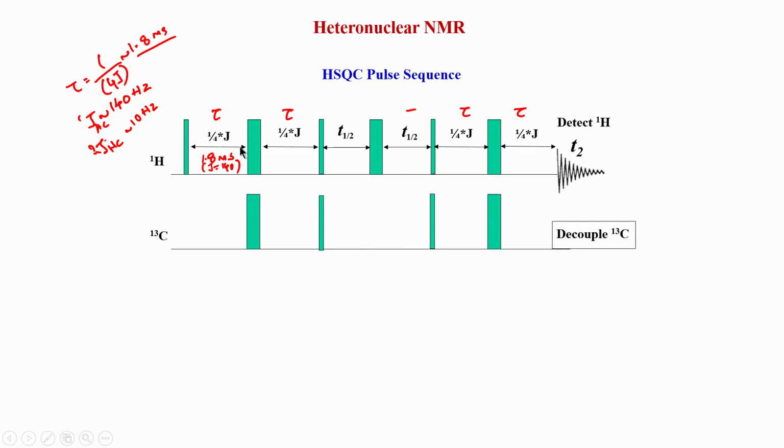So, this delay is applied, we will then apply a 180 degree pulse, and that 180 degree pulse inverts the magnetization of proton as well as carbon. So, now you can see here we are applying this pulse both on proton and carbon, it is not just applied on proton, it is applied to both proton and carbon. And then after this we apply another symmetric delay, you see this is tau and this is also tau, the same delay is applied again, and during this portion of the time nothing is going on, there is no pulse or any other experiment.